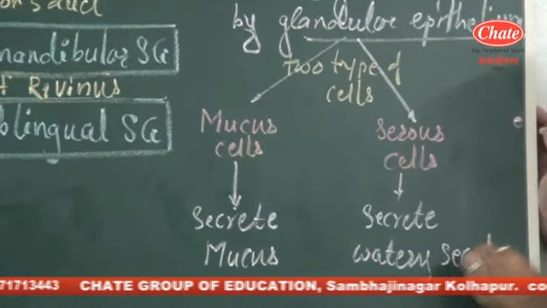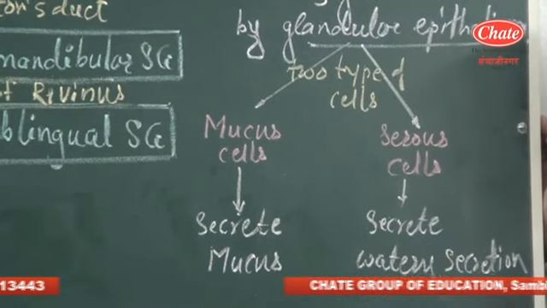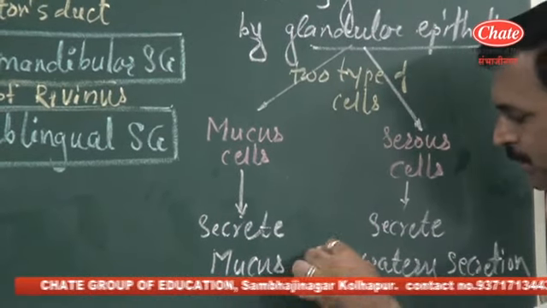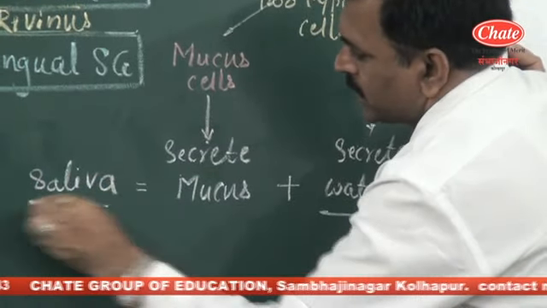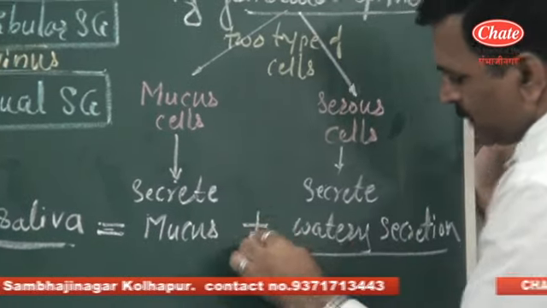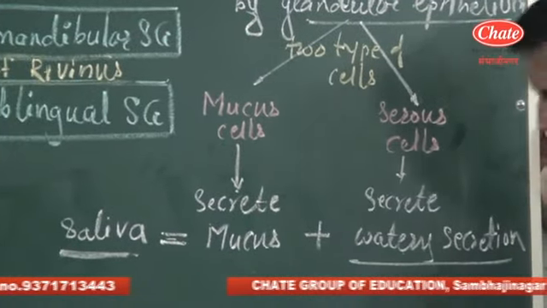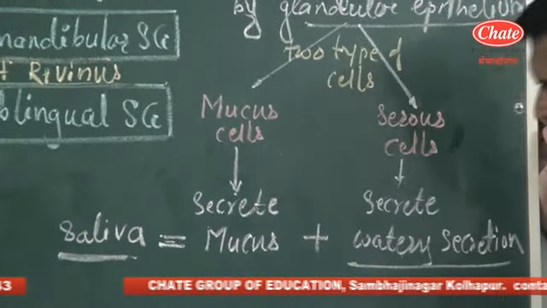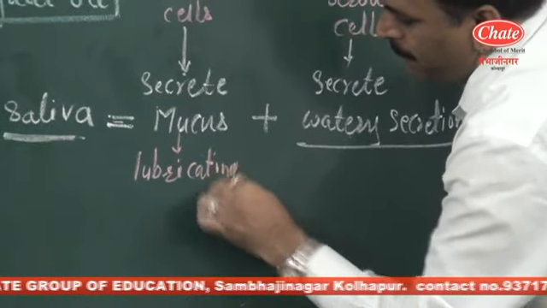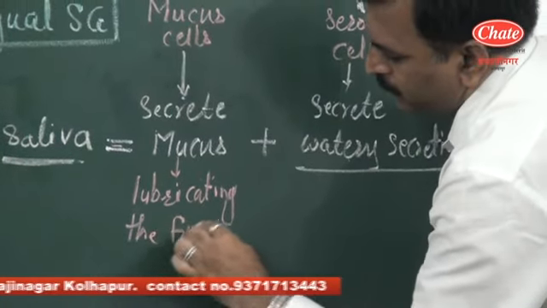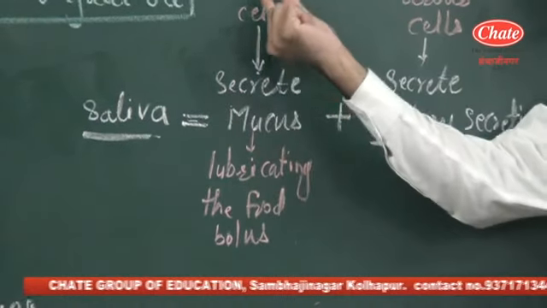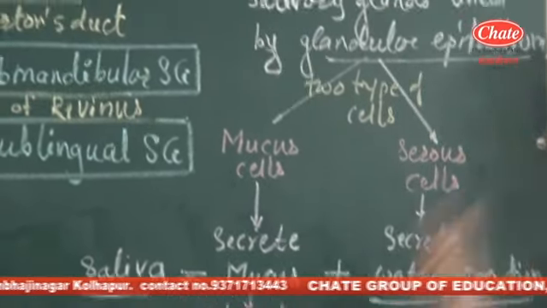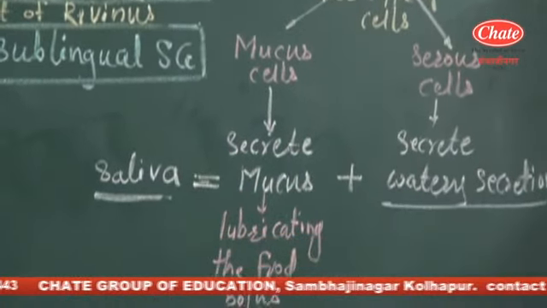So mucous cell secretes the mucus, while serous cell secretes the watery secretion, and this mucus plus watery secretion forms the saliva. Now this mucus plays an important role, that is lubricating the food bolus. The function performed by the mucus secreted by the mucous cells of glandular epithelium of salivary gland is that it lubricates the food bolus, while watery